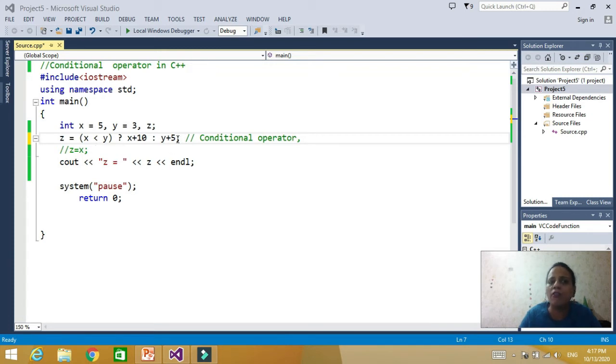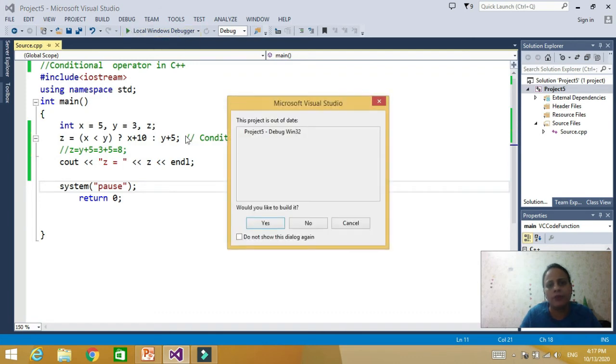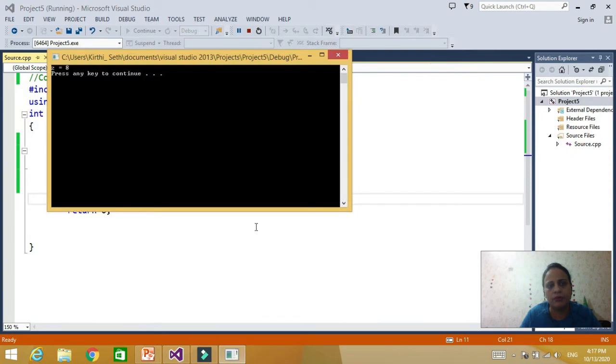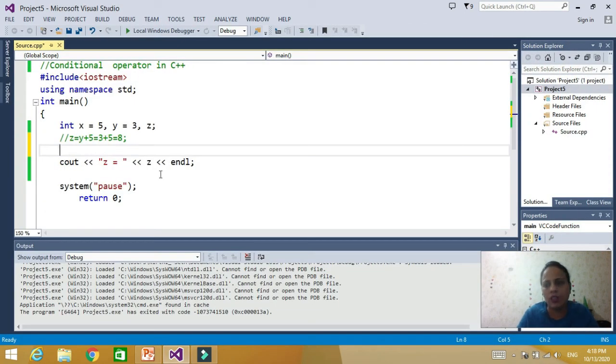So z should be y plus 5. y is 3, so z is 3 plus 5, that is equal to 8. Now let's check it. Fine. You can evaluate any value here.